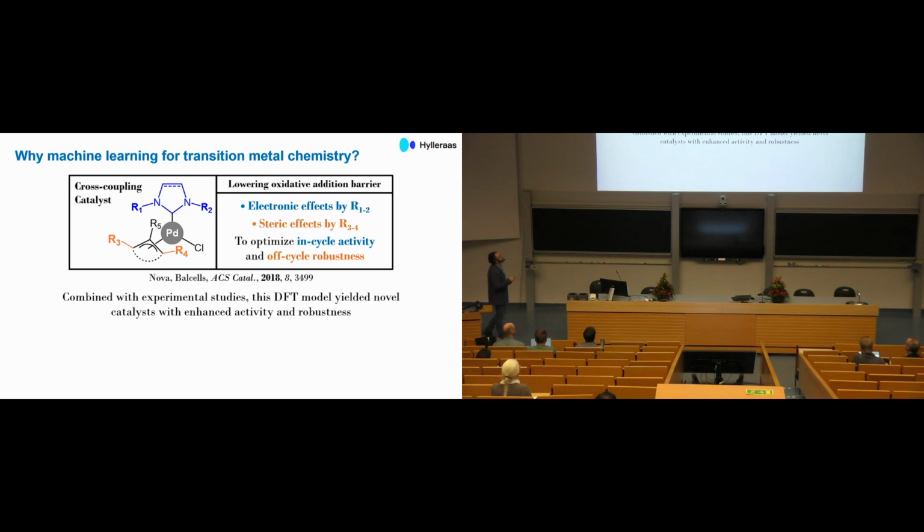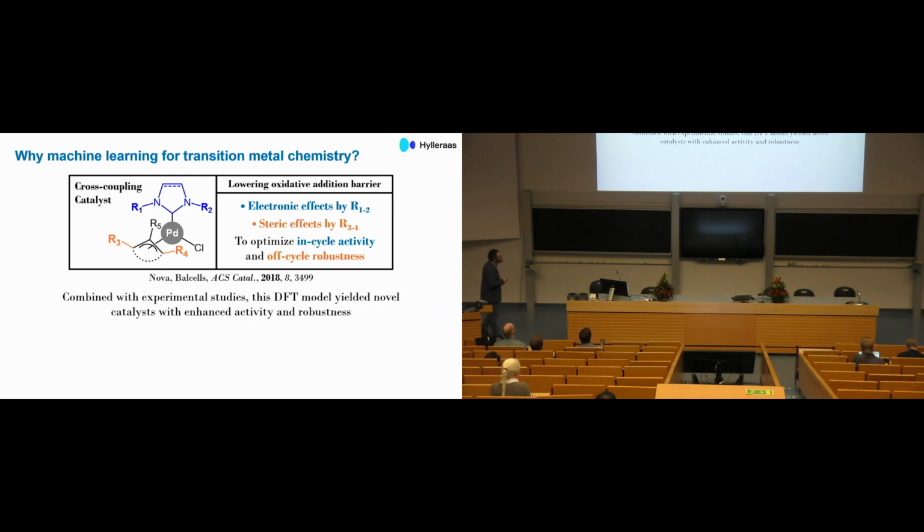So for example, in this NHC ligand, we identified relevant electronic effects that were impacting in-cycle chemistry, so chemistry that happens within the main catalytic cycle, which mainly has an impact on the activity of the catalytic system. And then in these R3 and R4 substituents in this allyl ligand, we identified steric effects that had an impact on off-cycle chemistry, so reactions that happen outside the main catalytic cycle, which in this case have an impact on the robustness of the catalyst. Using a steric-electronic model like this, together with experimentalists, we could develop novel catalysts with improved activity and